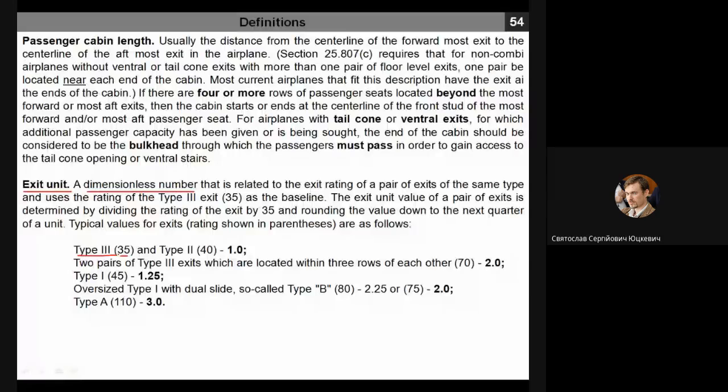So if we want to determine exit unit for type 2, you must 40 divided on 35, and it will be 1.14,